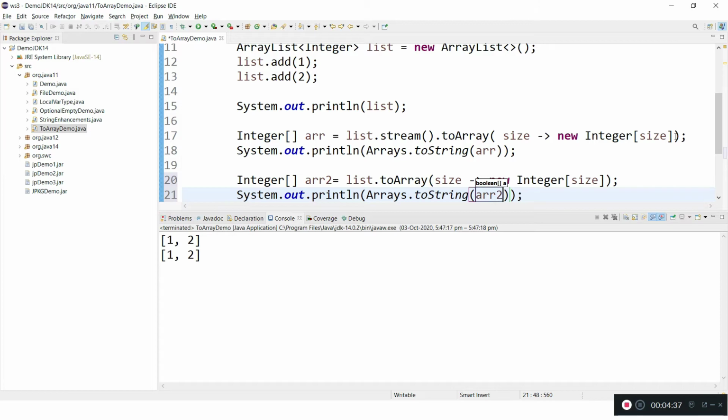Okay, this is how we use the toArray with generator object.